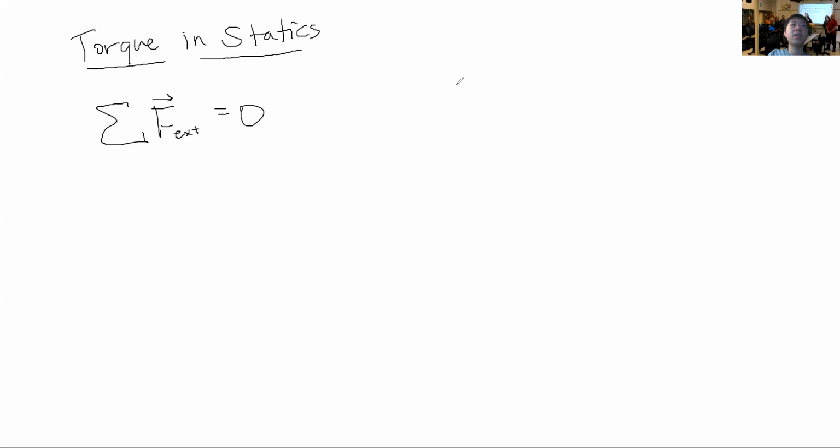But similarly, the sum of the torques has to be 0 as well, because torque induces an angular acceleration, right? And if nothing is rotating, then that means you cannot have a torque that is non-zero, right? So for example, we can have an example with just an ordinary stick, right? And maybe it's floating in space. But you know that it's not moving, okay? But then you also find that,